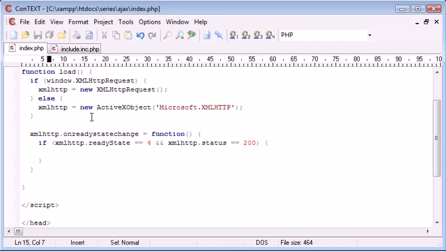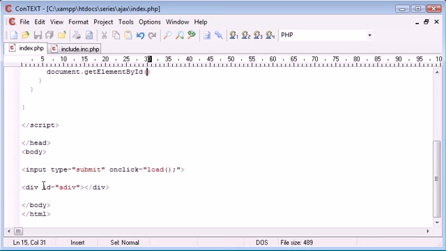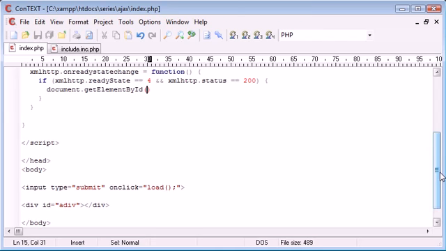but we're just going to be focusing on PHP, like I said. So now what we do is we say document, so we're referencing something on our document, and we're saying getElementById. And getElementById takes an element from a page by its ID. Obviously we've set an ID of a div to this div here, so in here we can type a div. And then we're going to say dot innerHTML in capitals,